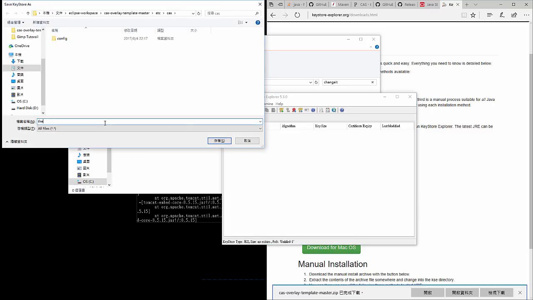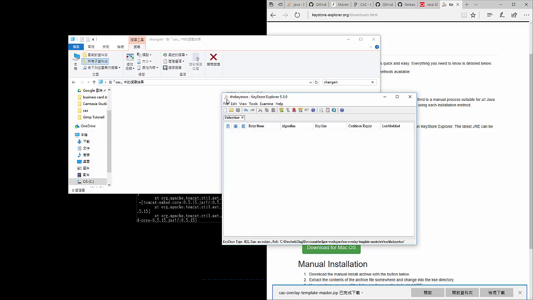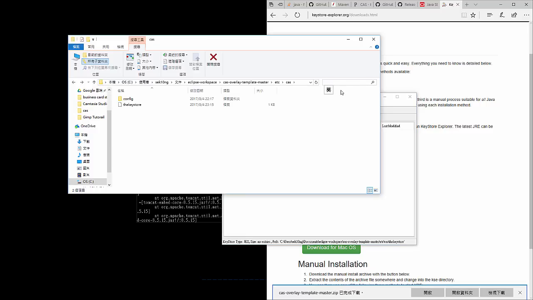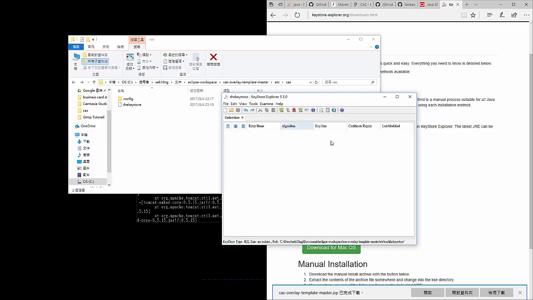Yeah, so this is the correct process. You can't open a, I'm so stupid, sorry, the key store. So click save, and then you will see your key store here, and you now have your key store. But what you want to do is not have an empty key store, but generate a key pair in your key store.